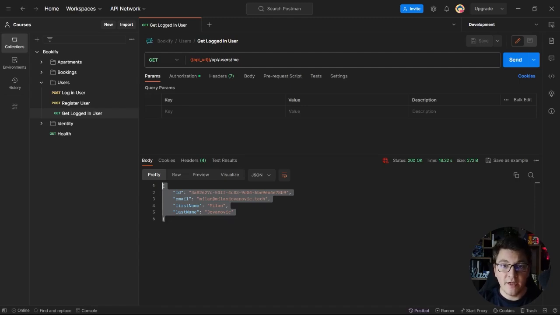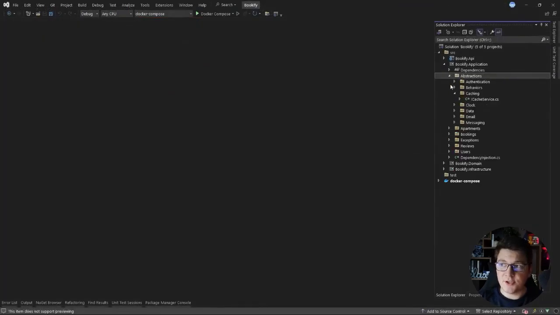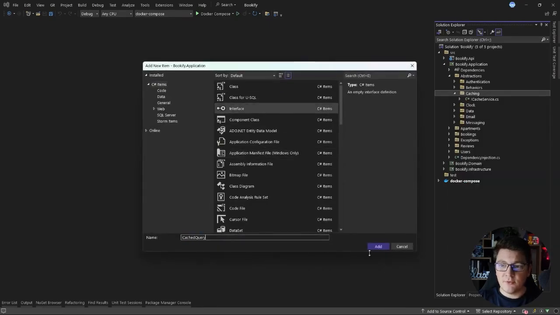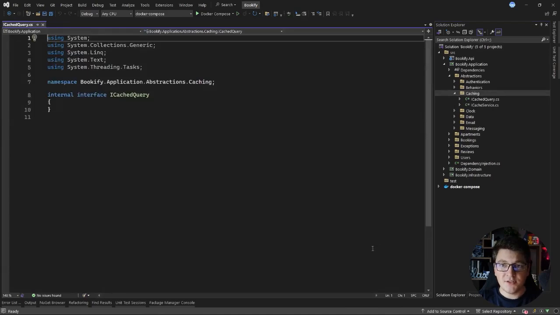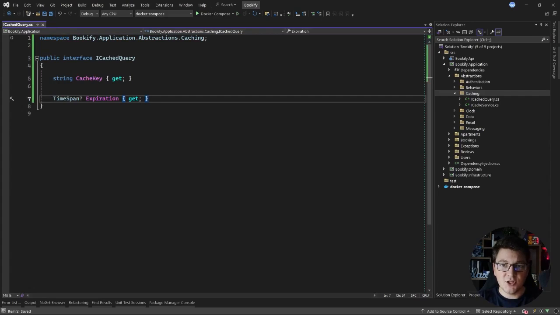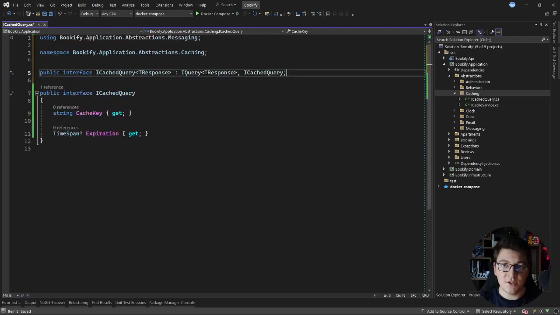use case with implementing a generic caching solution for our mediator queries. I'm going to create an abstraction in the caching folder in the application layer to represent a cached query. So let me create the ICachedQuery interface, and this interface will have two properties, the cache key and the expiration time for my cached query. This interface is just a marker interface, and it's not something that I will be able to use with Mediator,